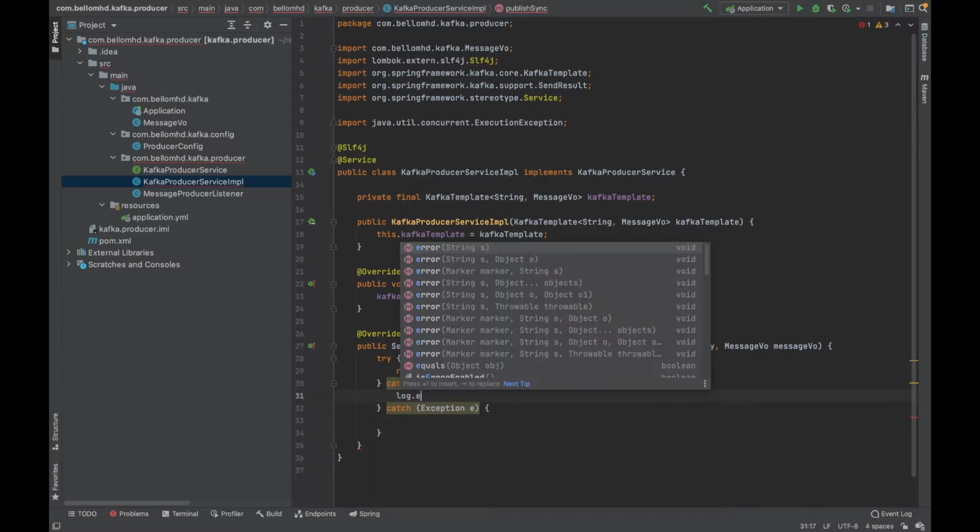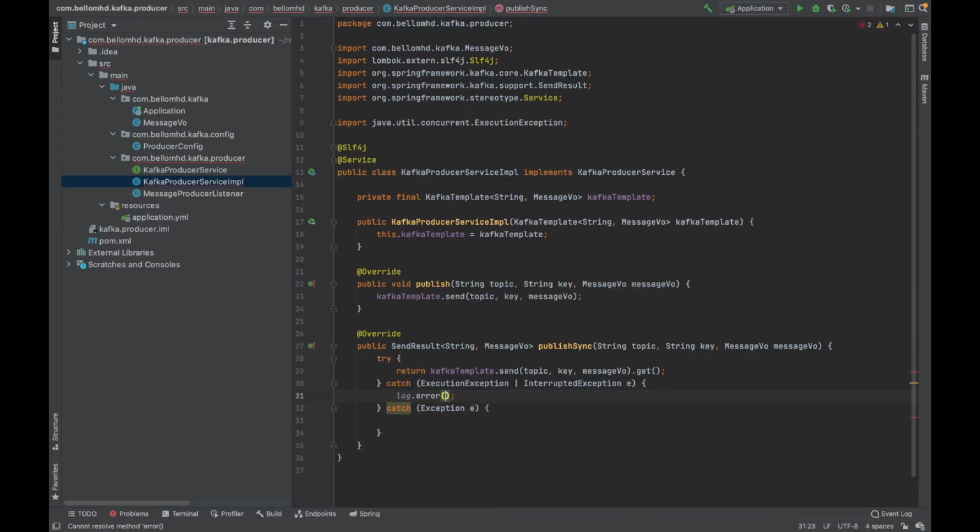So let's log, for example, we got an error. Exception, for example, our topic, the key, and then the exception we got. Then we can also throw another exception if we want. We can say like throw runtime exception for now,